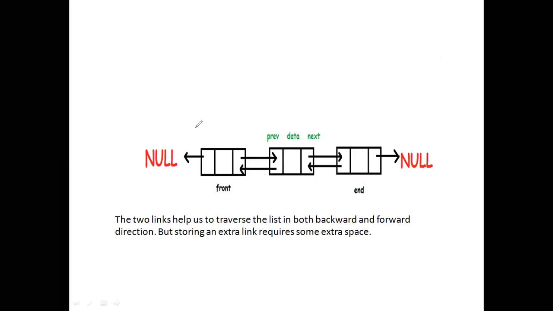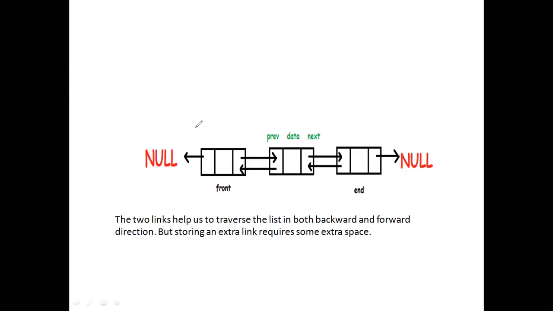Am I correct? #include stdio.h, #include stdlib.h, conio.h, etc. Like that, when you create a linked list with the help of a C program, what do you have to write as the first snippet or first code?